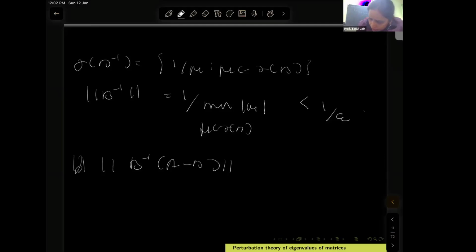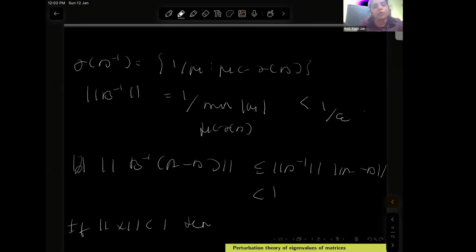This norm is less than or equal to norm B inverse times norm A minus B. Norm A minus B is equal to epsilon, and norm B inverse is strictly less than 1 by epsilon. So this is less than 1. We know that if norm A is less than 1, then my I minus A is invertible. So now I have a result that if norm X is strictly less than 1, then something that we have,